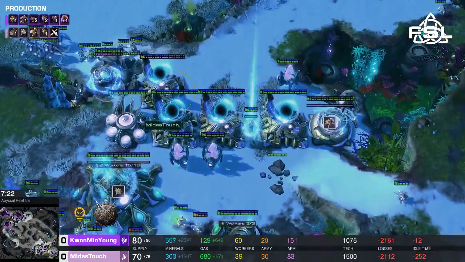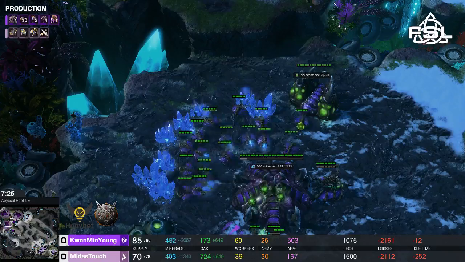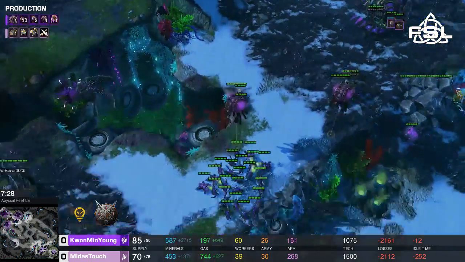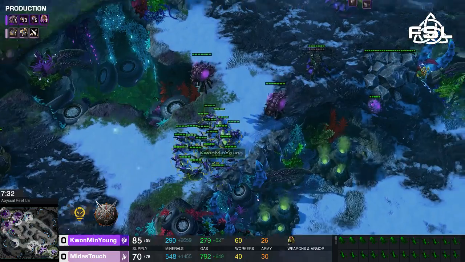I don't know, 5 Stalkers, 5 Zealots, 1 Adept to wall it up. I don't think that's enough to push right now, and she's gonna have to deal more and more units. Or maybe she's just gonna stay on Link Bane. That's actually a very viable tech as well, so...